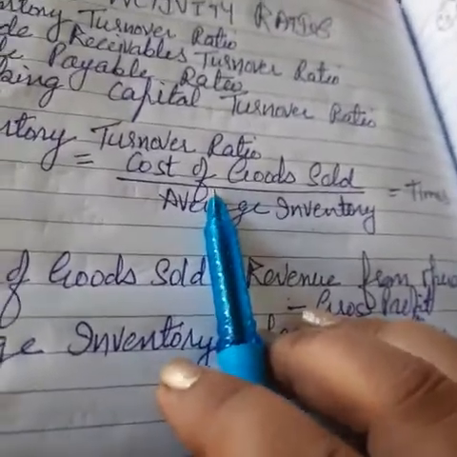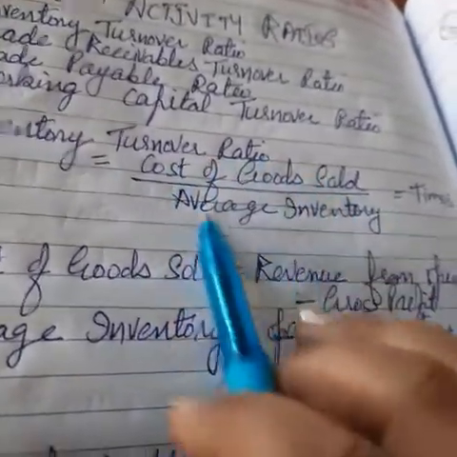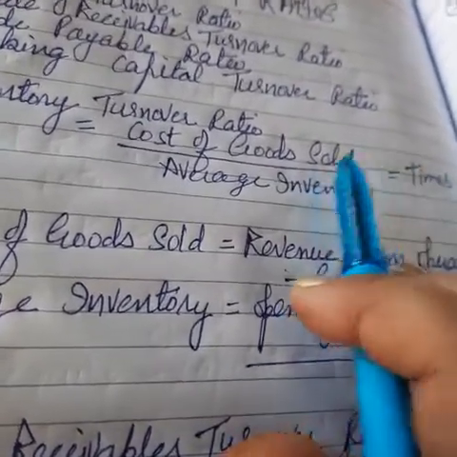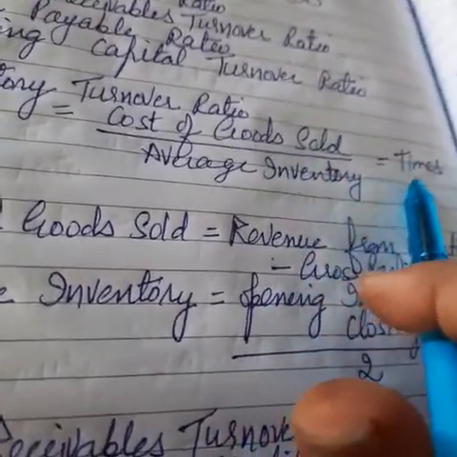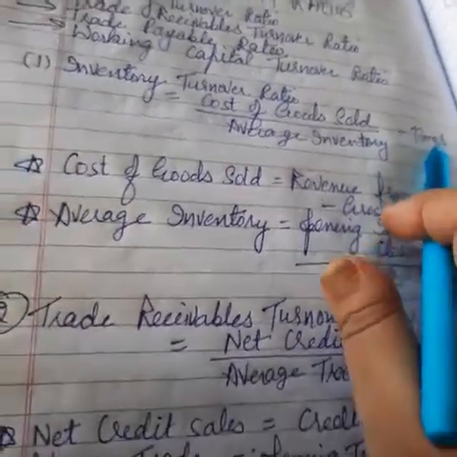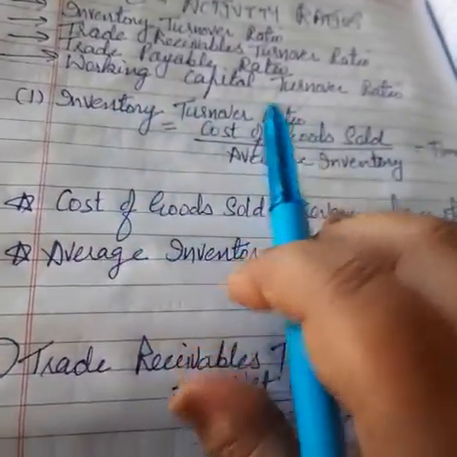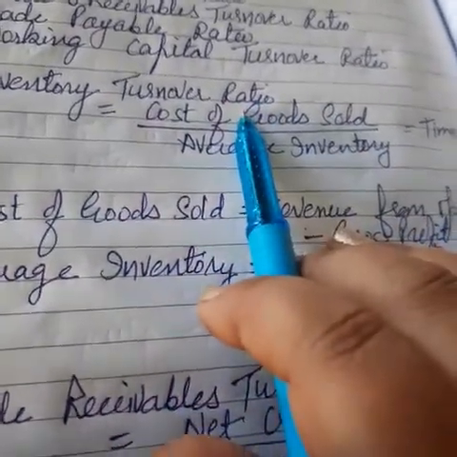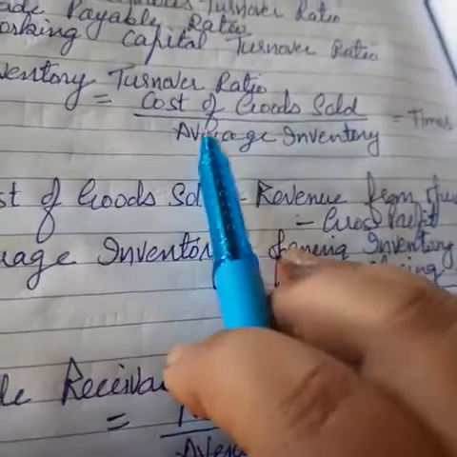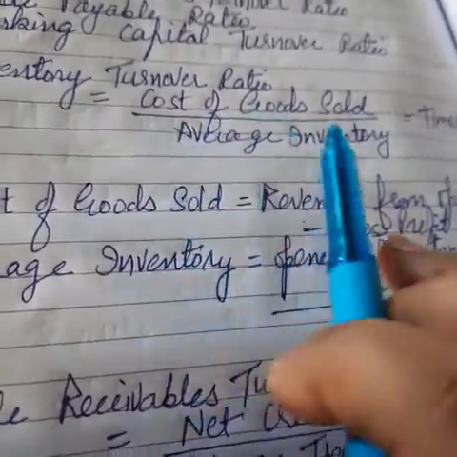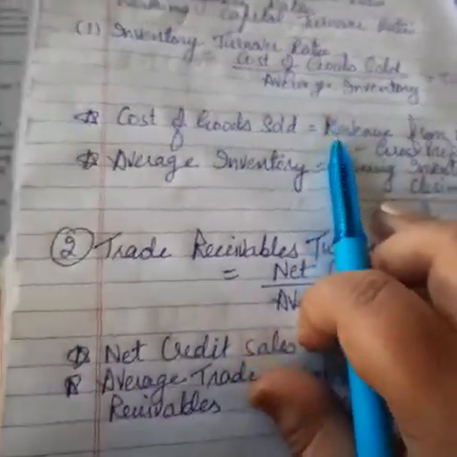The main thing is that activity ratios are expressed in times, not in ratios. So whenever we calculate it, we have to denote it, and the unit that we use to express it is times. So inventory turnover ratio is cost of goods sold, means sales, the money received from sale, less gross profit, upon average inventory, where average inventory means opening stock plus closing stock divided by 2.